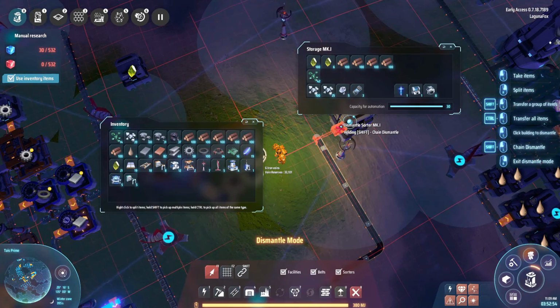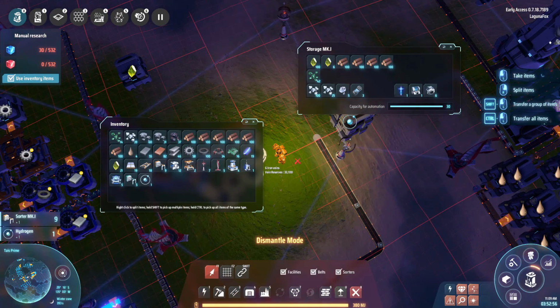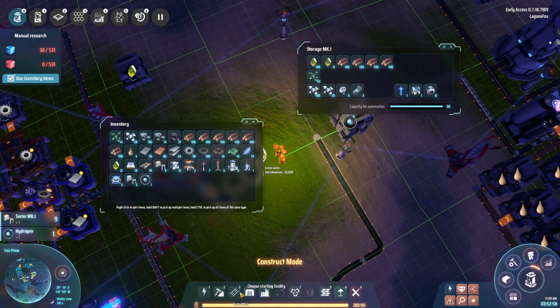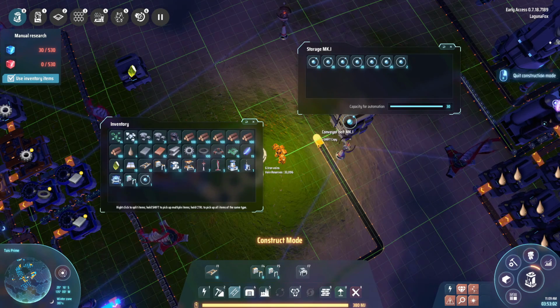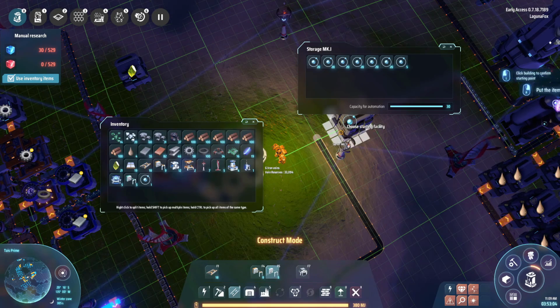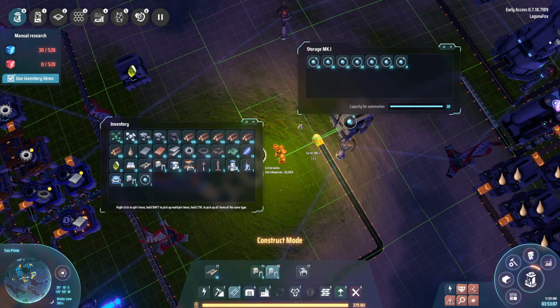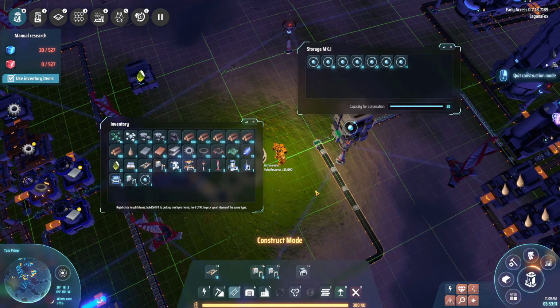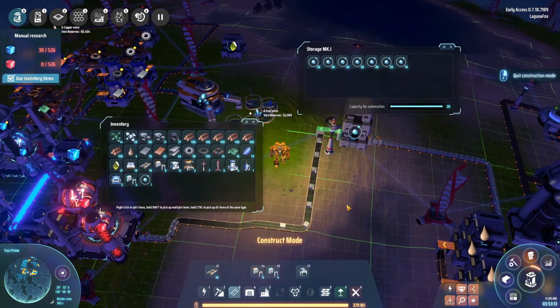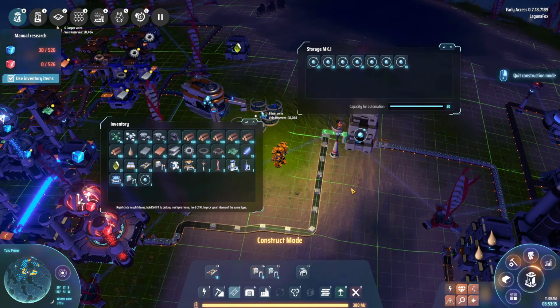I go to... Oh, well, I don't understand that upgrading is a thing at this particular point in time, so I get rid of the level 1 sorter, and then we pull out the level 2 sorter, if I can do that correctly. Come on, Fox. Come on, you can do it. I believe in you. There you go. So now it's putting out hydrogen at a much faster rate,